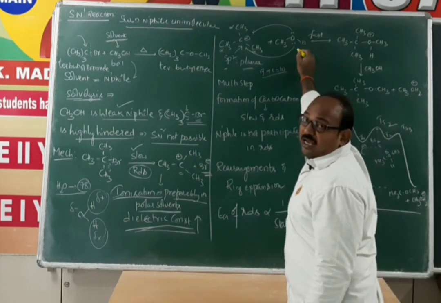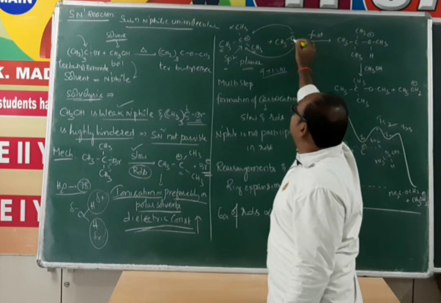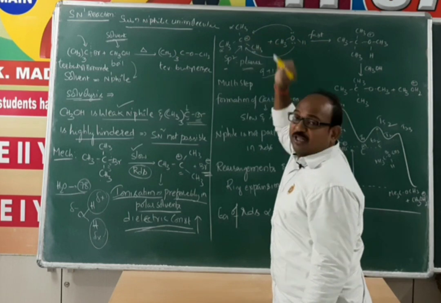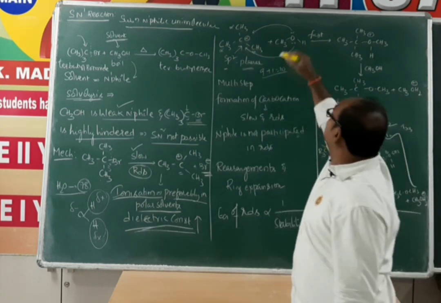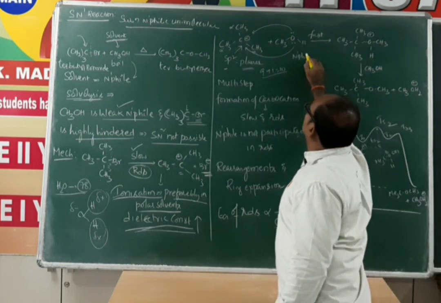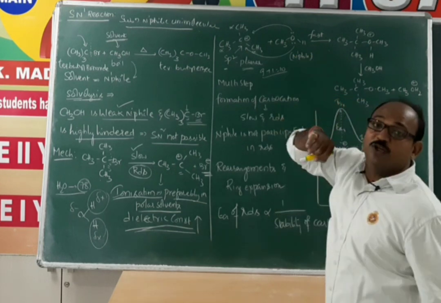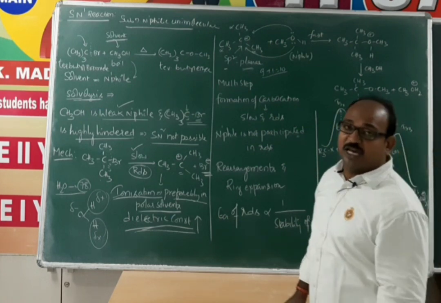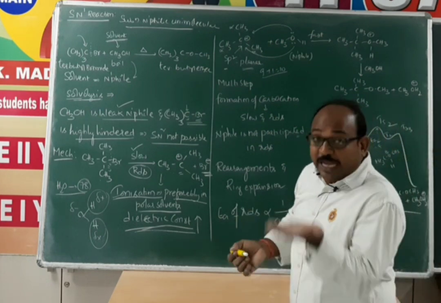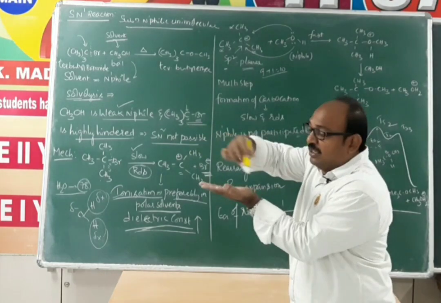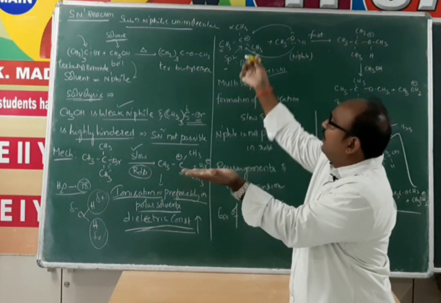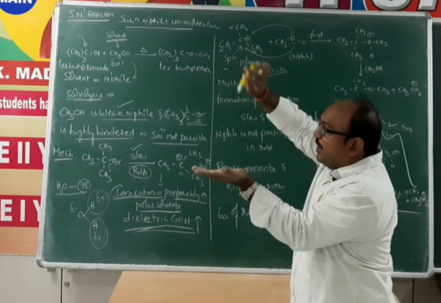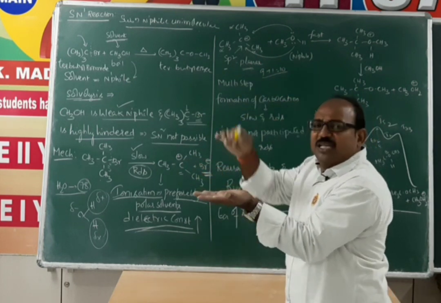Now this alcohol oxygen contains 2 lone pairs. The oxygen with its lone pair comes and attacks the positively charged carbon. Since the solvent molecule acts as a nucleophile here, this oxygen containing a lone pair attacks the positively charged carbon. In one plane, all 3 methyl groups lie like this. The approaching nucleophile either attacks from the top or from the bottom. So what is the difference between these two?